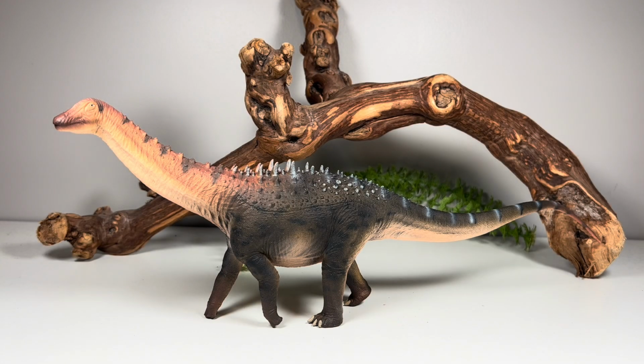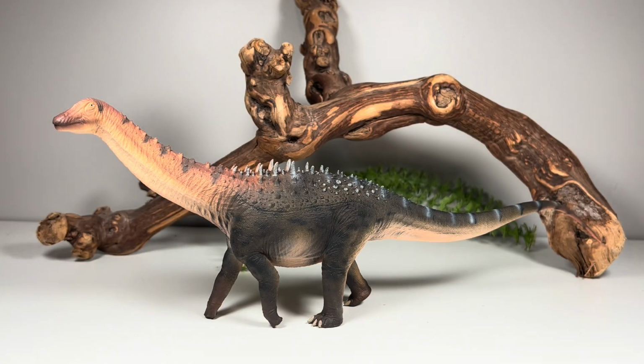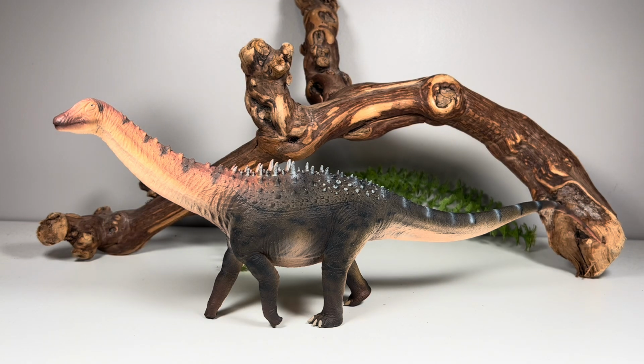Now time for some measurements. This figure is 16 1/4 inches long from the tip of the snout to the tip of the tail, or 41 centimeters, and about 5.5 inches tall to the top of the head, or 14 centimeters. Ampelosaurus in real life is around 46 feet long, or 14 meters. So I'll put this figure nicely in that 1/34 scale range. So if you collect 1/35 scale, which a lot of us do, this guy is going to fit in